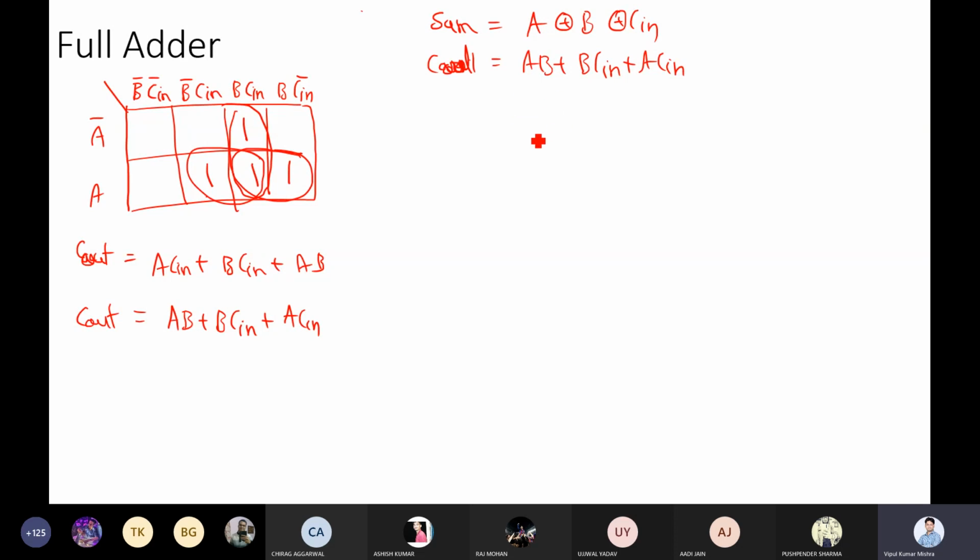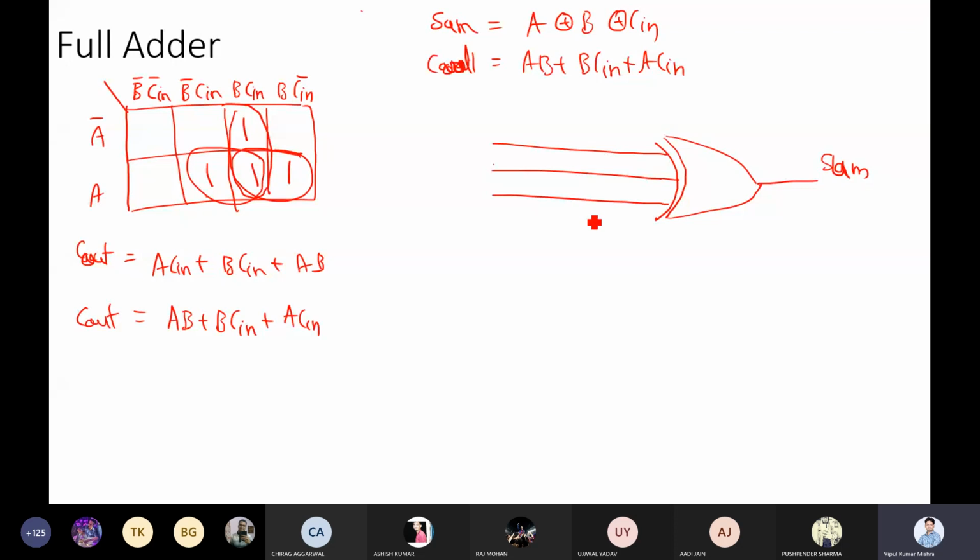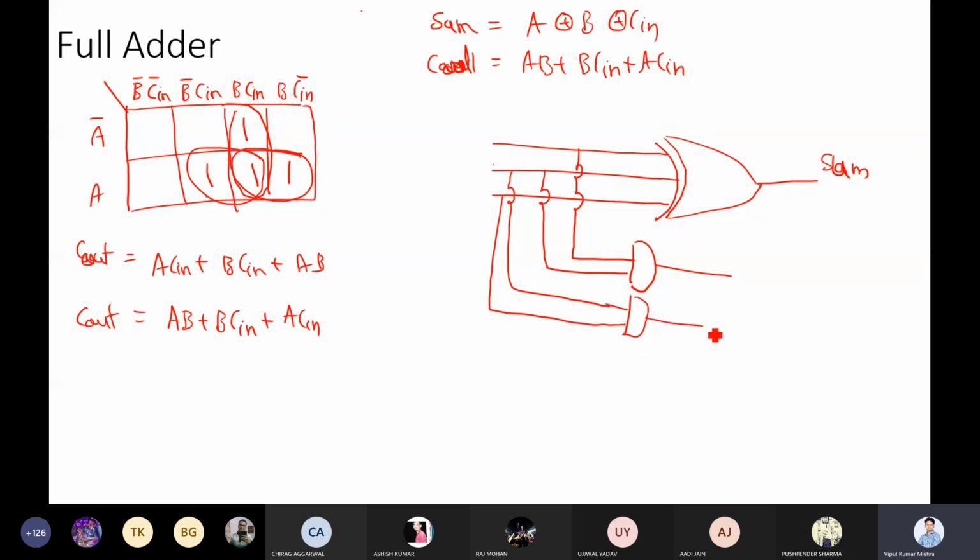With these two equations we can easily draw the circuit. So let me draw it. We have A, we have B, we have C in, we have an XOR gate, and you will get sum. And for carry, you'll require one AND gate, then you require another AND gate.